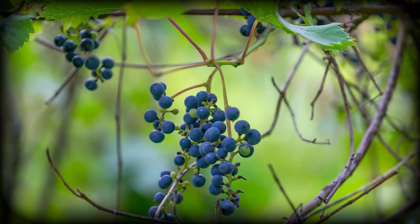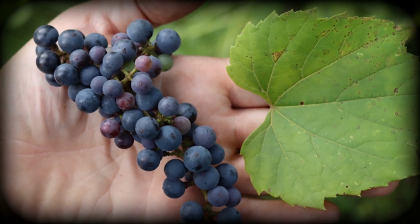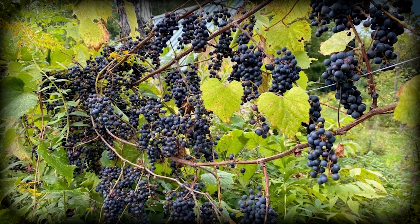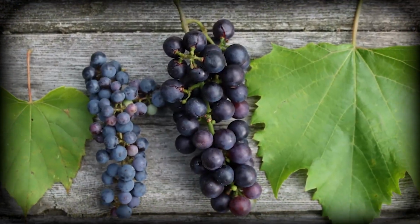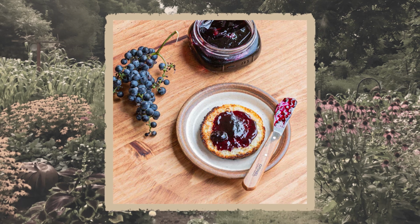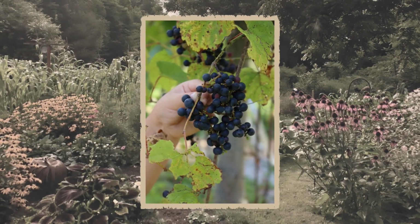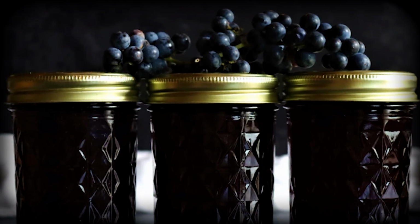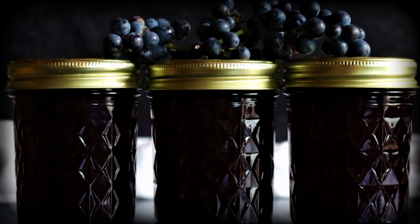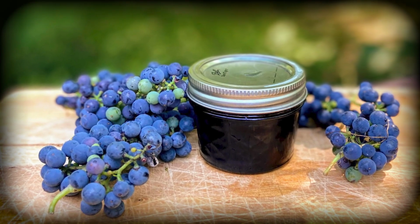Long before wine grapes were cultivated in America, families gathered wild grapes that grew abundantly along fence rows, stream banks, and forest edges. These hardy vines produced small, intensely flavored grapes that were perfect for jams, jellies, and the grape juice that was a staple in many households. Wild grapes have a concentrated, complex flavor that's much more intense than cultivated varieties. The high acid and pectin content made them perfect for jelly making, creating preserves with beautiful color and excellent scent